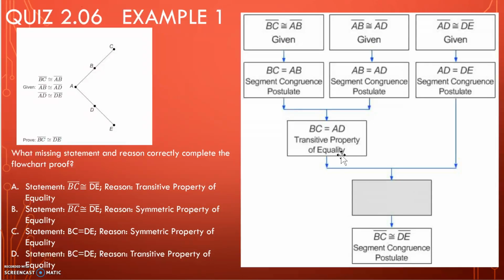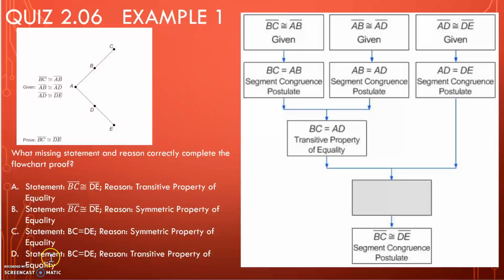the transitive property of equality says that if two things are equal to the same thing, they're equal to each other. So BC is equal to AD and DE is also equal, but their measures are equal. This says the actual line segments are congruent, and these two down here say that the measures are equal. So